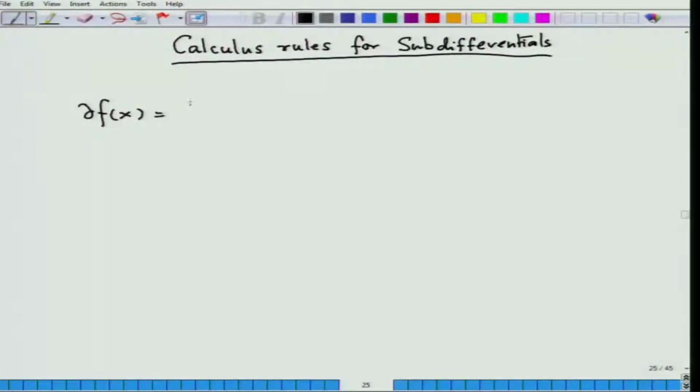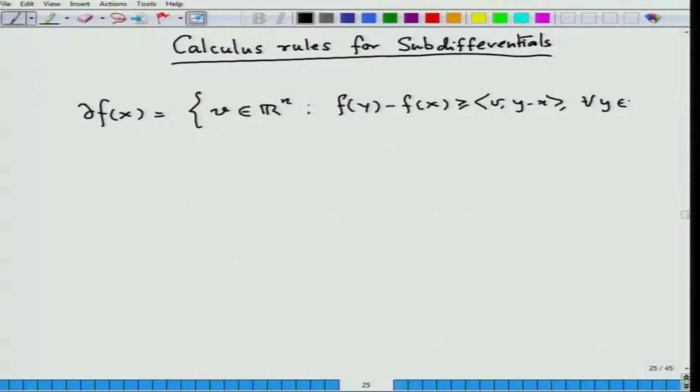So, given a function from Rn to R, the subdifferential is the collection of all V in Rn such that this condition holds for every y. Now, what we had known about this case is that del f x is non-empty, convex and compact,